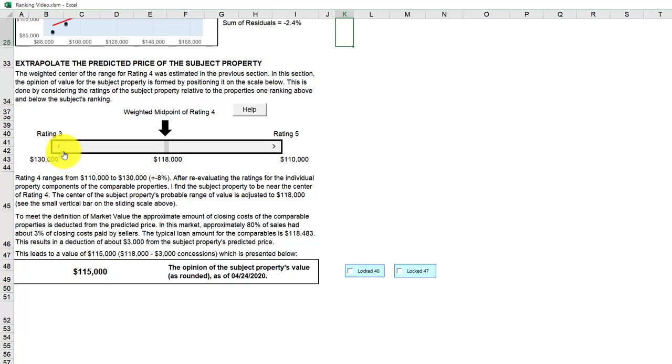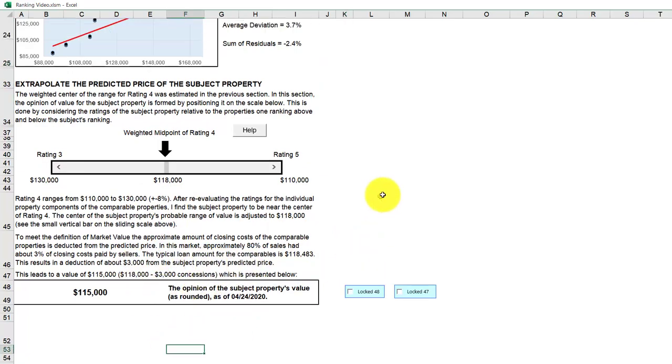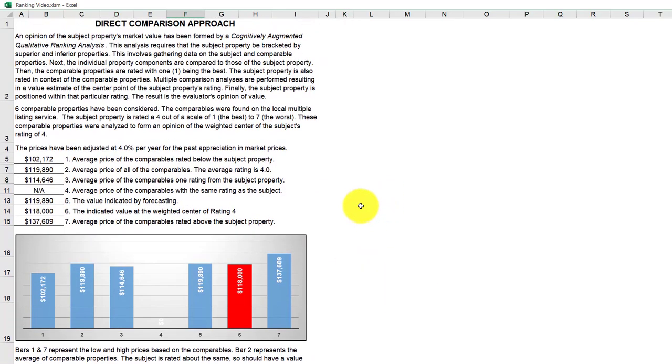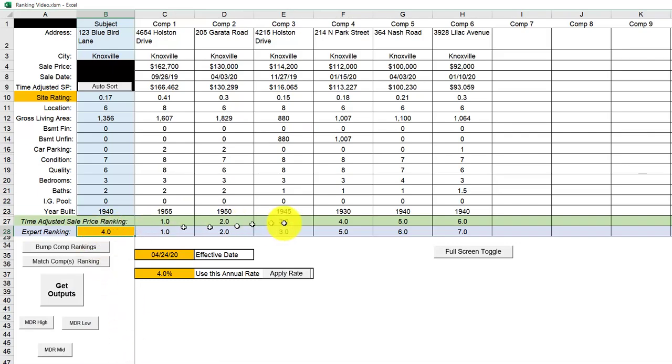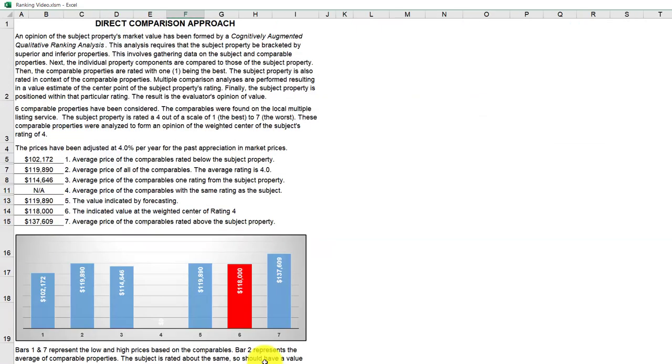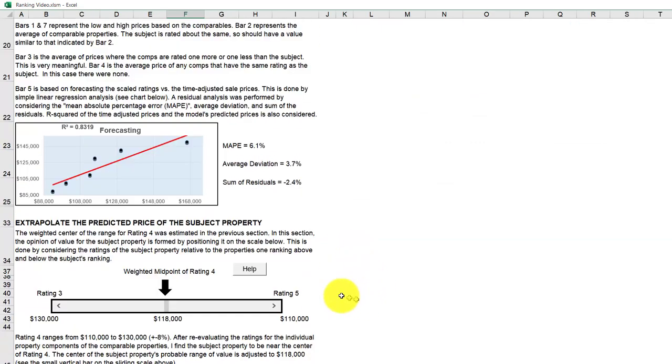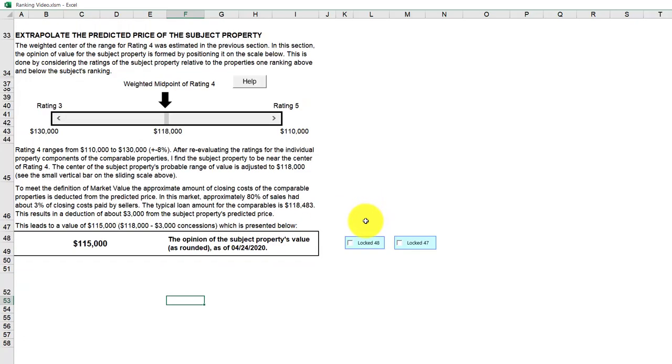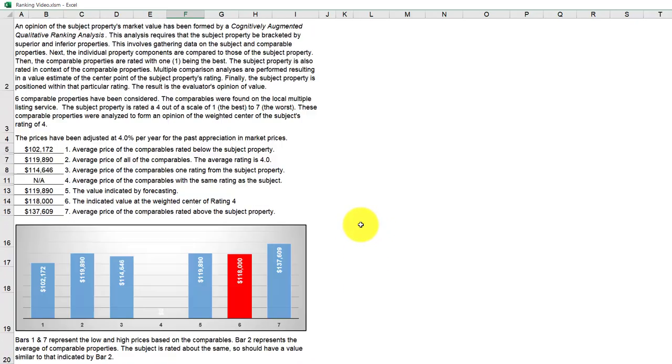And I think maybe this was set up as an eval, so there's some concessions taken out. But basically, that would be the end of it. You would fill in this data sheet, and then you would rank it, and that's where the expert ranks. Then you would run it, you'd get your outputs, and then you would modify your outputs if you thought it was slightly higher or low, and then you would have your number.